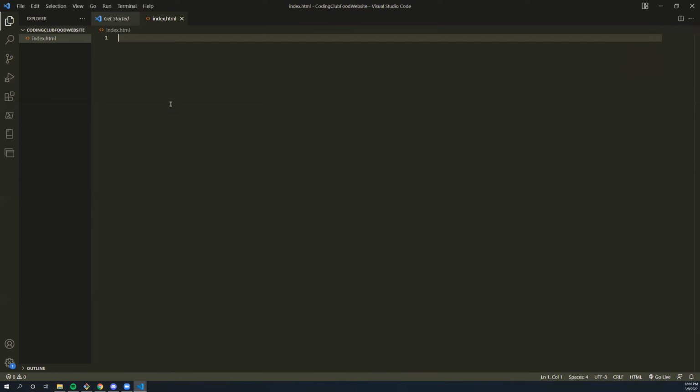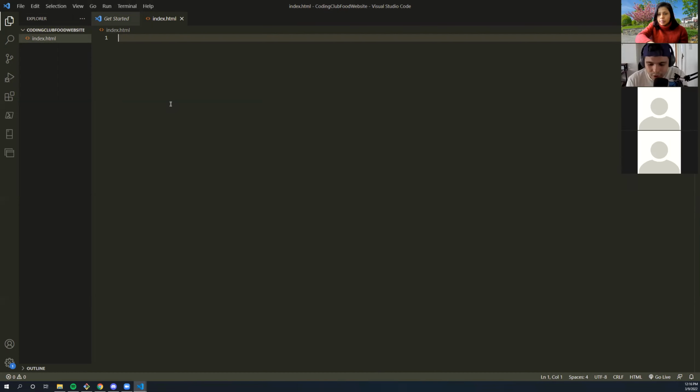Now, we've gone over the HTML layout, the syntax layout, so I'm not going to really bother going over it. I'm assuming that most of us have the boilerplate snippet plugin installed. If not, all you have to do is come down to extensions.